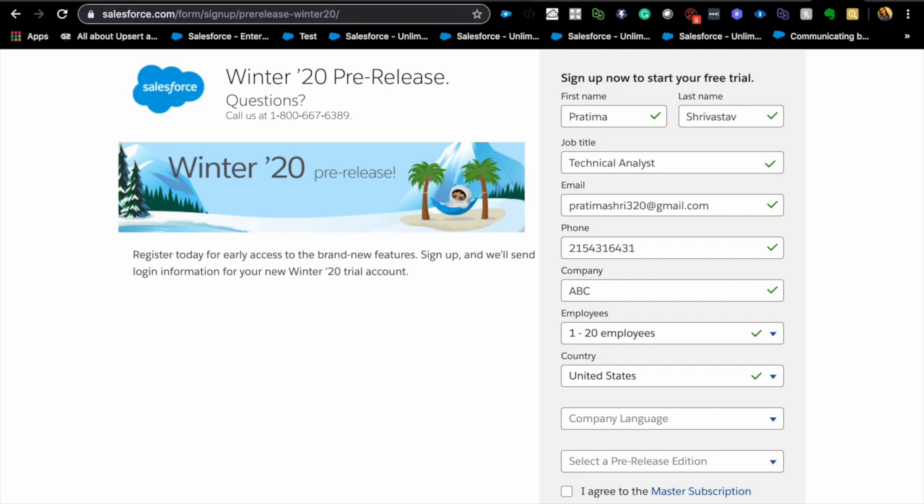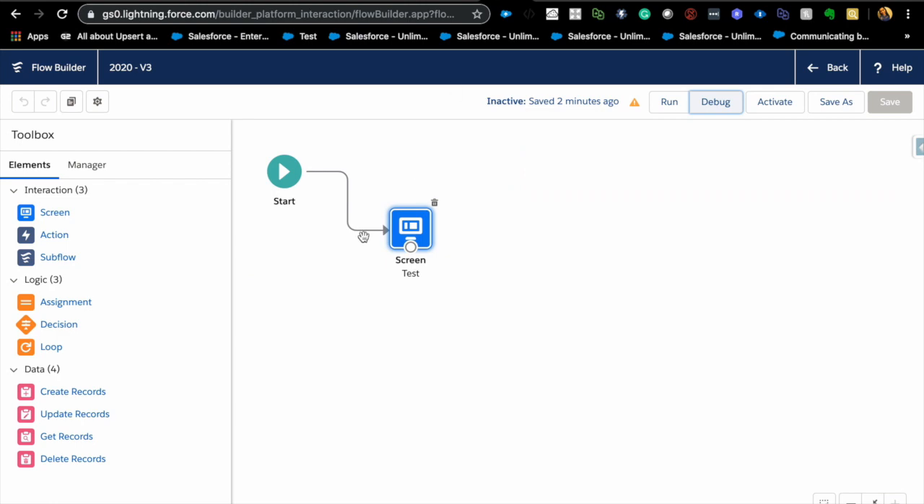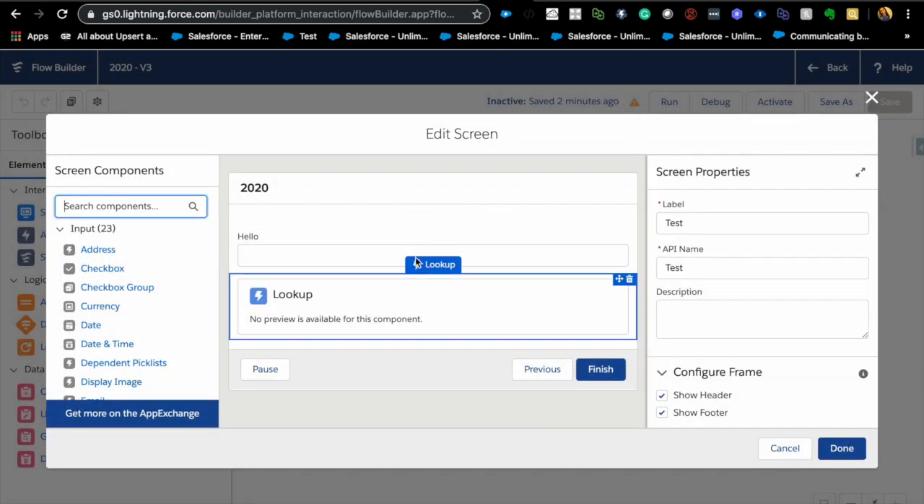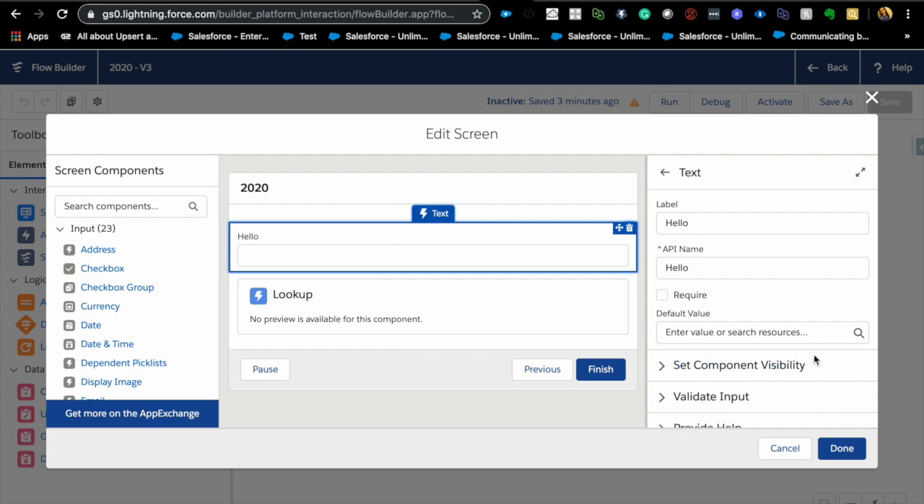So let's get started. The first feature that I want to talk about is the enhancements around the flow builder itself. As you can right now see, we can now activate the flow directly from the flow builder, and you don't need to go to a different list and activate it from there. I definitely like that. And then when you click on the screen test, now you have component visibility, and this is going to save a lot of time, because